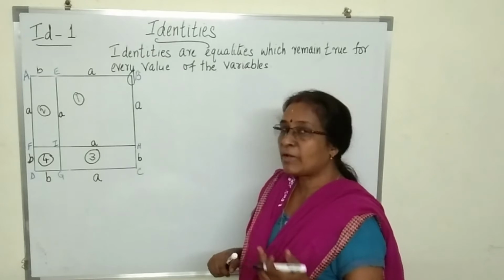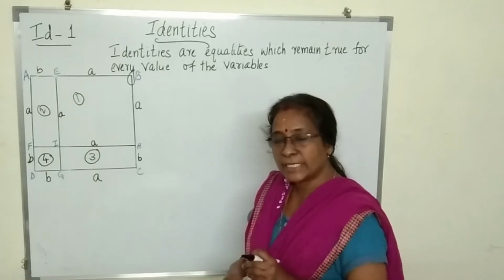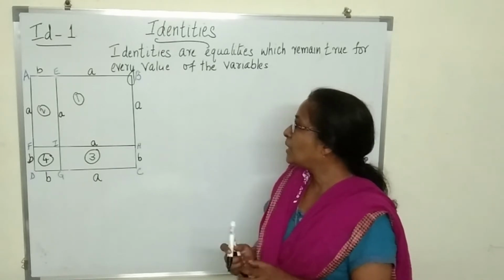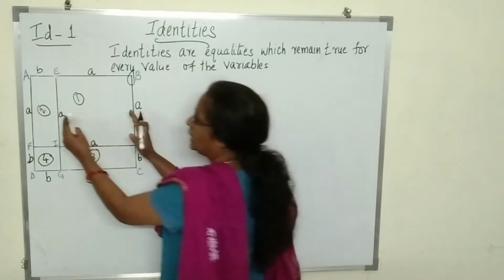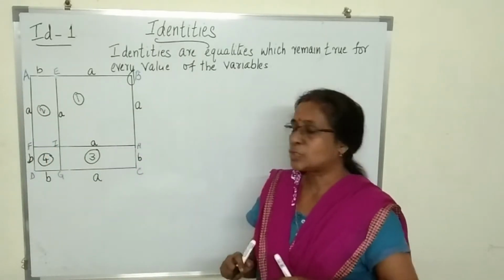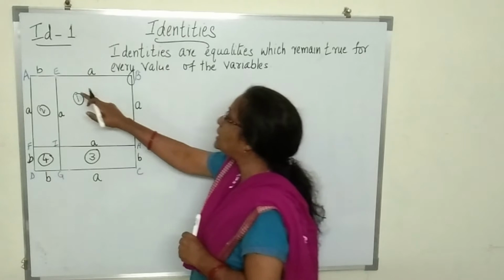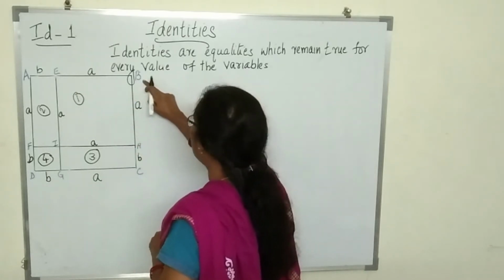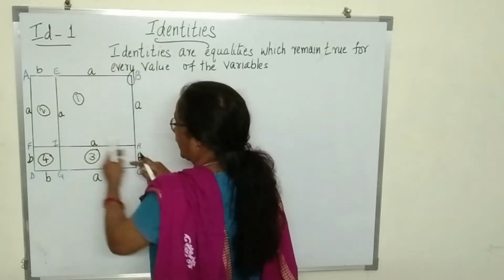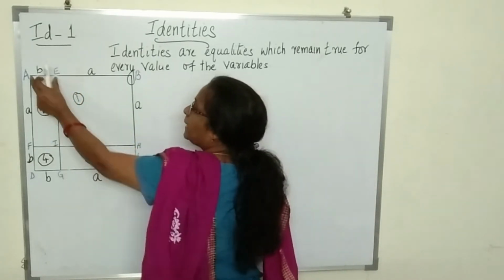Now, we have already learned to find the area of a square. What is the area of the square? Area of the square is side multiplied by side. So from a small square, we made a big square, or we increased the size of the square. Now what was the original square? It was EBHI. This was the first square. And what did we do? We increased the breadth and the length by B.